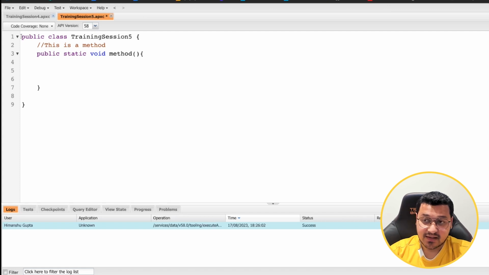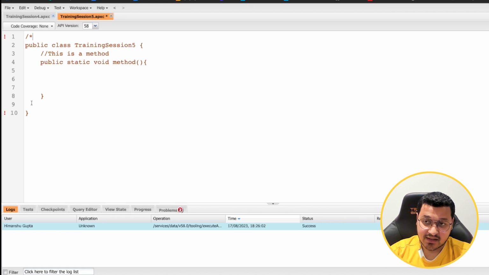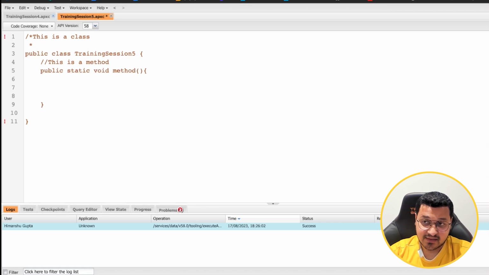Similarly, if you want to write a multi-line comment, we would create something like this. And as you can see, the moment I have added that star next to it, all of my class has become grayed out. That's the sole reason why this is called a multi-line comment. So let's call it this is a class. I'll press enter so that I can go into the next line. And as you can see, there's another asterisk which the developer console has added automatically, but you don't need to bother about that. And I'll just call it, this is a class written